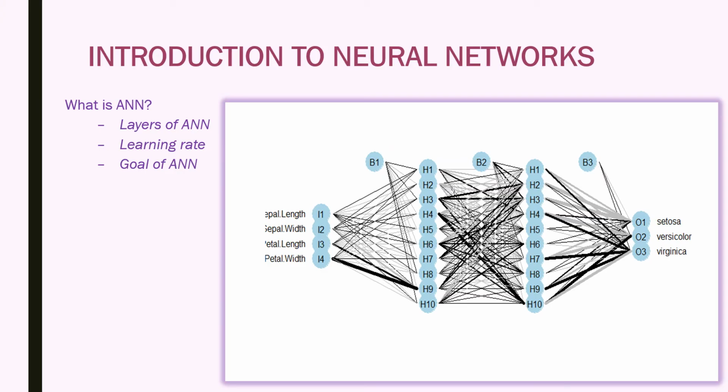Okay, so now what is remaining? Artificial neural networks, usually called neural networks, are computing systems vaguely inspired by biological neural networks. An ANN is based on a collection of connected units or nodes called artificial neurons. An artificial neuron receives a signal, processes it, and can signal neurons connected to it. The signal at a connection is a real number, and the output of each neuron is computed by some nonlinear function of the sum of its inputs.